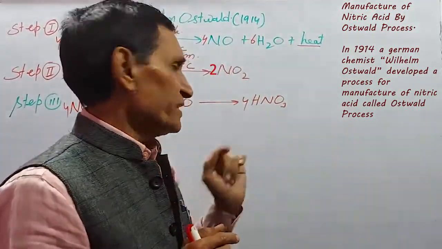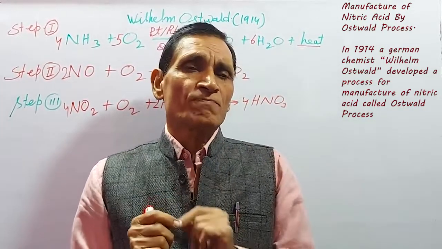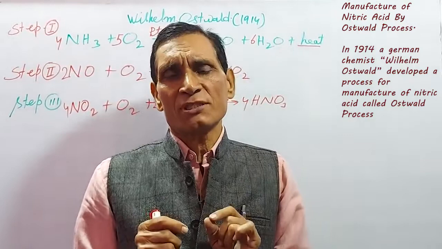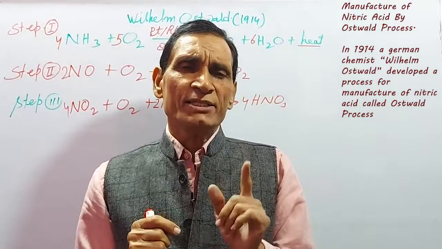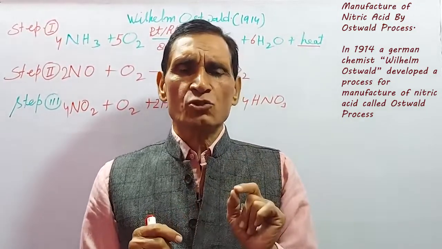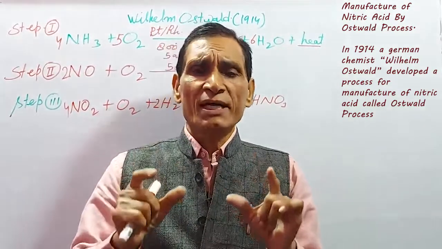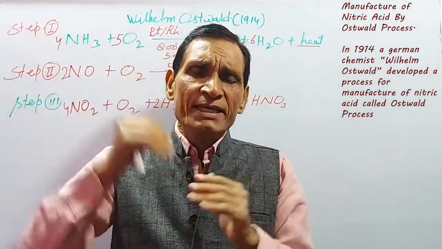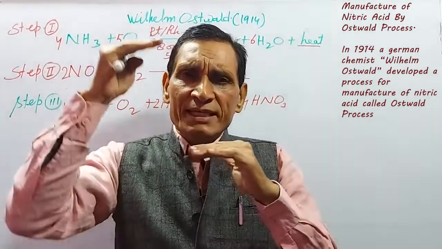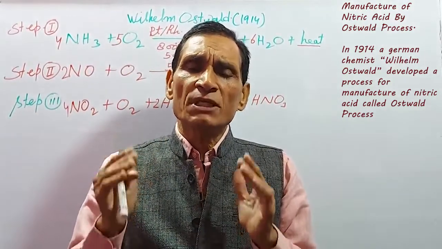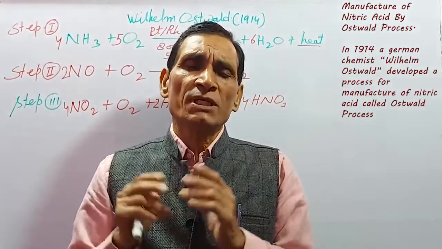Some important points. Why is a higher ratio of air used? Because air contains only 20% oxygen, but it is required in all the three chambers, in all the three steps. Why is quartz stone plate used? Because quartz stone does not react with nitric acid. Why are quartz stone plates packed in layers in the absorption tower? Because when quartz stone plates are packed in layers, it helps in dissolving nitrogen dioxide in water in presence of air to form nitric acid.